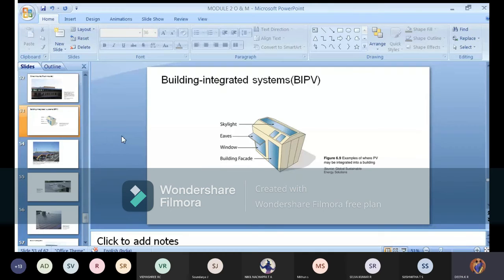Next we are moving to the major type, where all the panels can be installed, how possibly we can do it. That is specified by a term called building integrated systems, or building integrated photovoltaics, which I have written as BIPV.